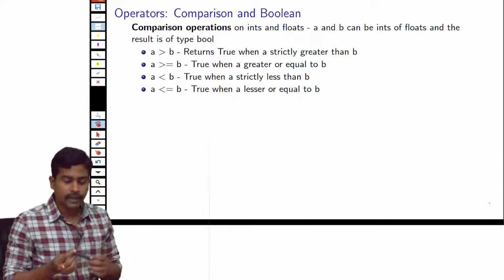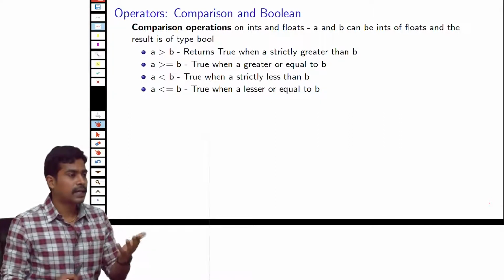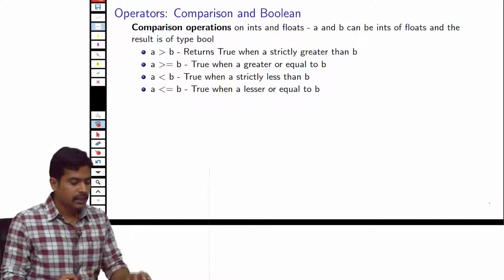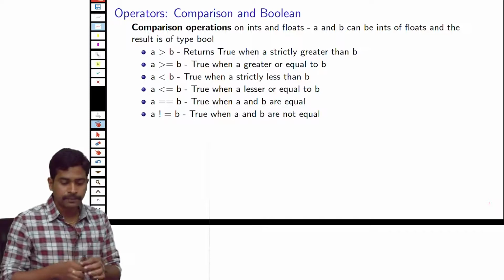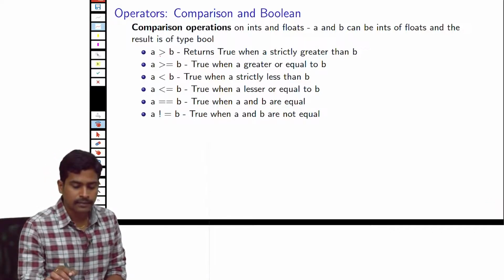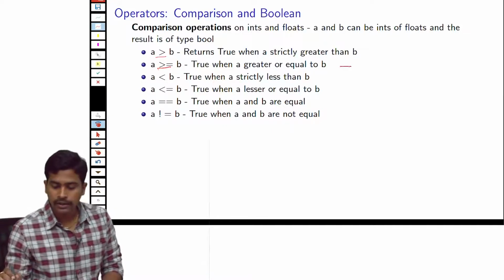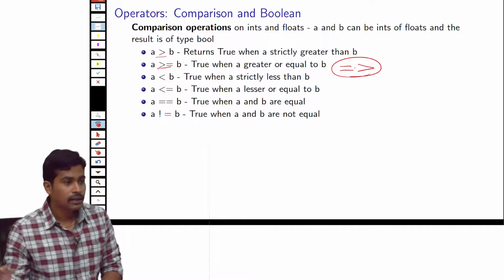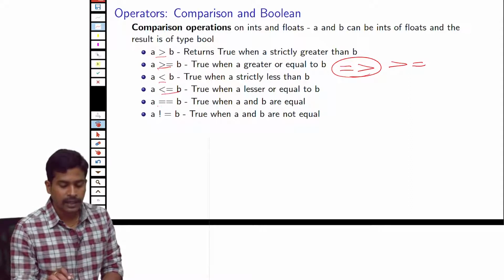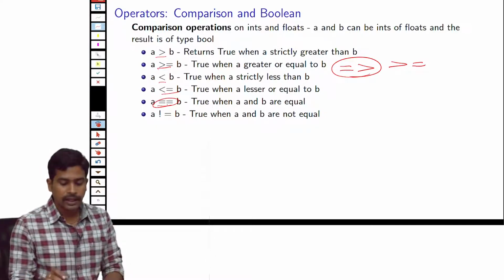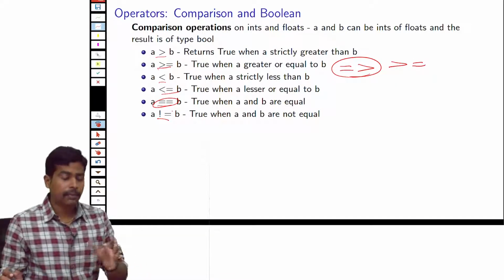In Python we have 6 types of comparison. One is greater than, greater than or equal to, less than and less than or equal to. There are 2 more comparisons to check if 2 numbers are exactly equal or not equal. To do this we use these symbols, greater than or equals to, and the order should be the same. You cannot use equal and greater, this is illegal. You have to use greater than, equals to. Similarly less than or equal to, and double equals to compare 2 numbers, and not equals to see if they are not equal.